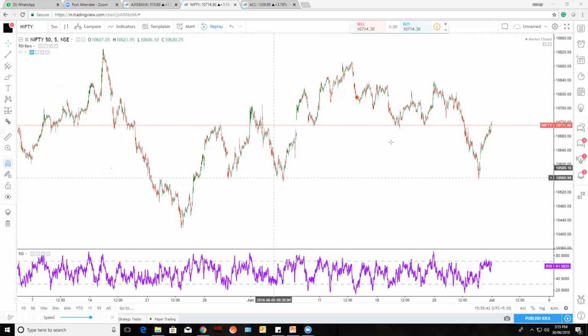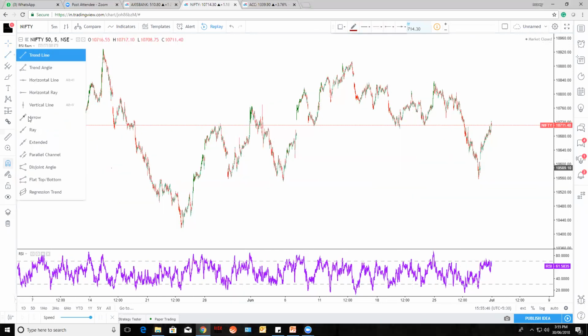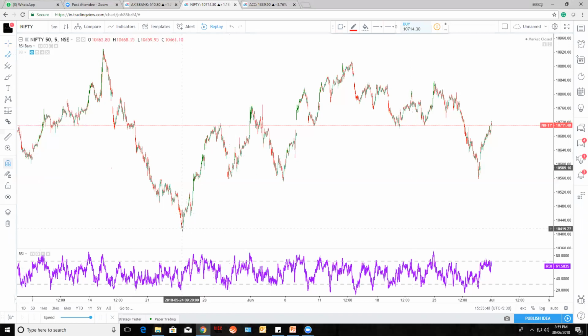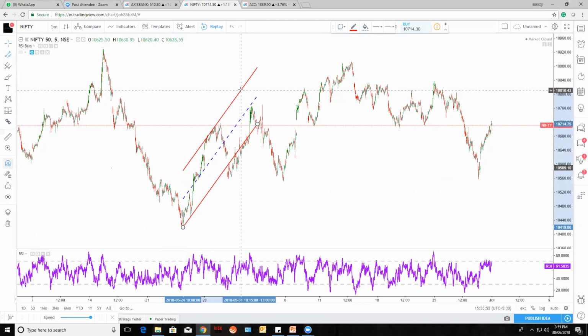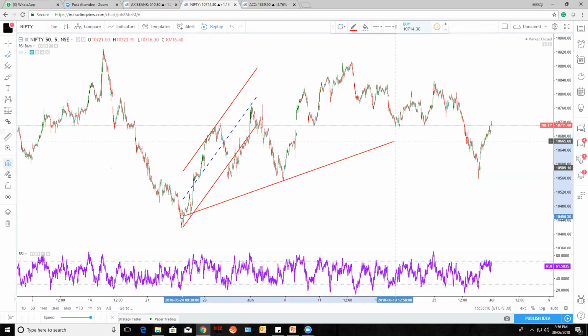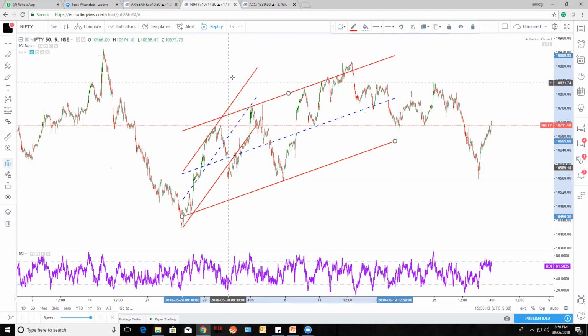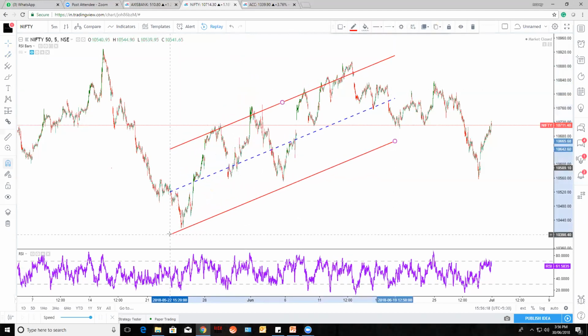How it will become? It will become a support zone or a zone of resistance and support. Let me say this is one low point. Okay, this is the second low point, and I'm drawing it further. Whenever you're joining this, this will become your small support. This will become your bigger support. This will become your higher support. Let's say this is one lower point and this is a second lower point. So this will become your one more trend line or a support and resistance zone.